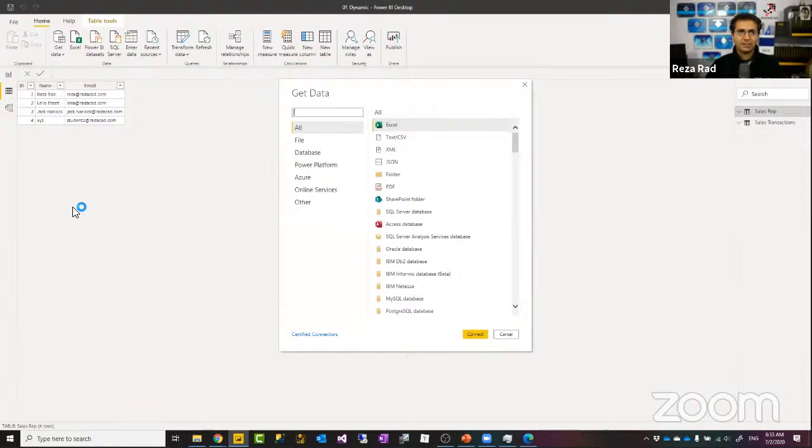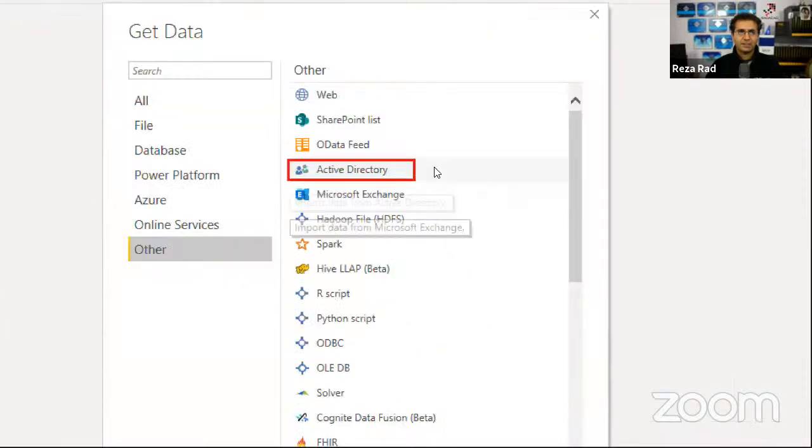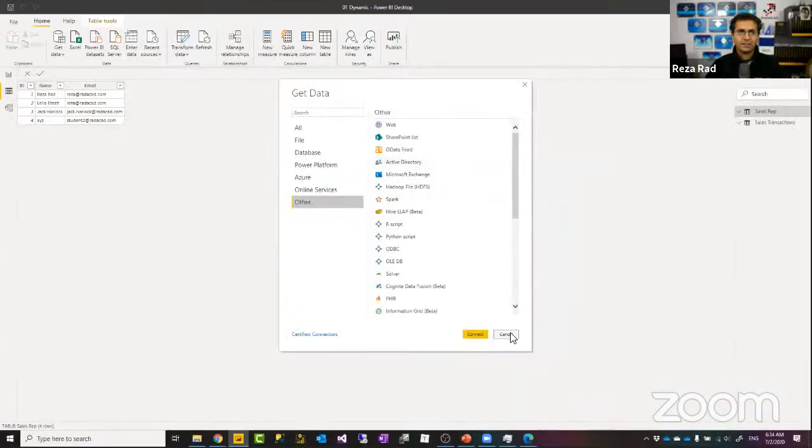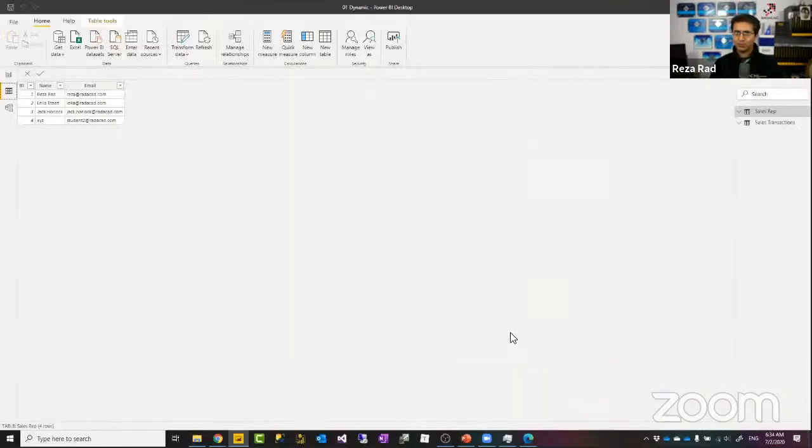If you have enough privilege, you would be able to get all of that Active Directory data. You can use PowerShell scripts also to extract those in a CSV format, then have a Power BI file getting data from those. So there are ways to automate even that process, so you don't really even need to touch this at all. This would work just fine.